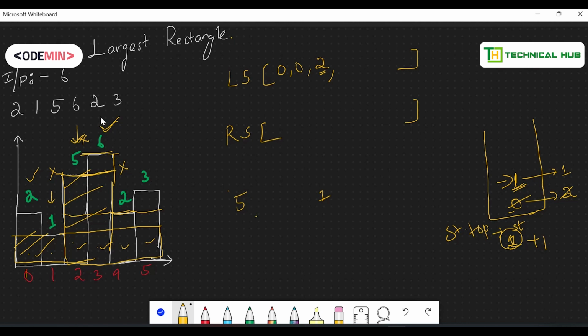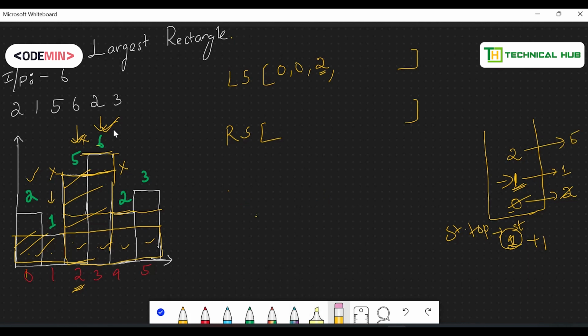Fine. Now I'll come up with 6. Once I come up with 6, what is the left smallest element? The left smallest element is at the second index. Oh, I forgot to store the second index also, because 5 may become the left smaller for 6, right? So I have to store that. So I stored 5. This second index represents 5, right?